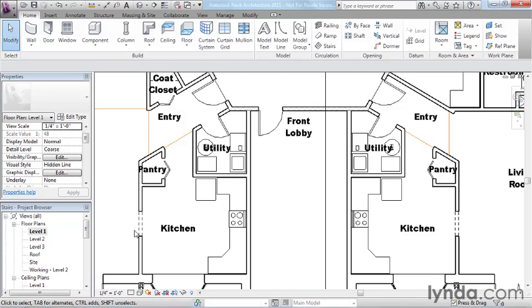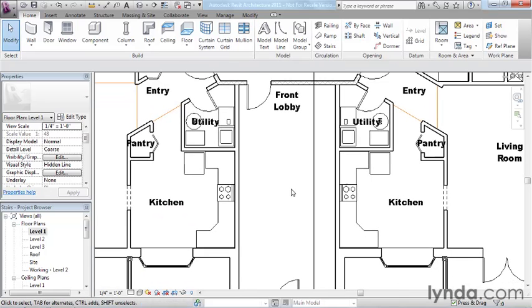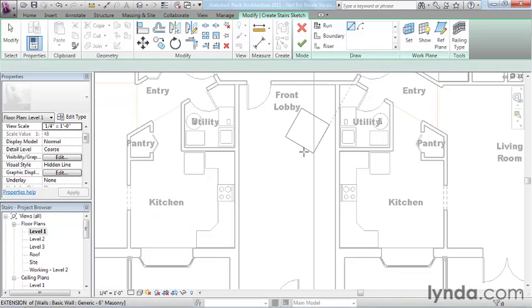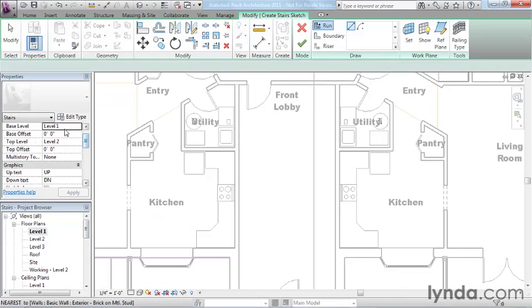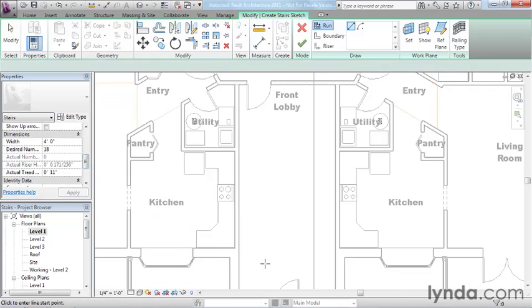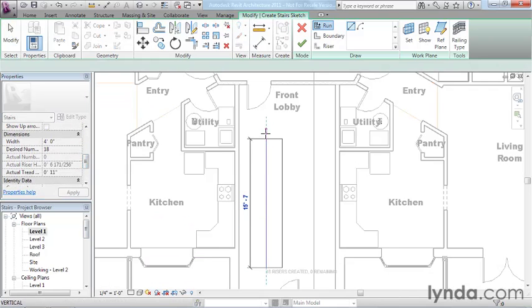I'm going to return to level 1 here in the lobby. And the stair should remember most of the settings that I already had configured. So we'll just verify that. We're going up from level 1 to level 2. It's 4 feet. It's 18 risers. So all I have to do is click, and this time click all the way to the end,